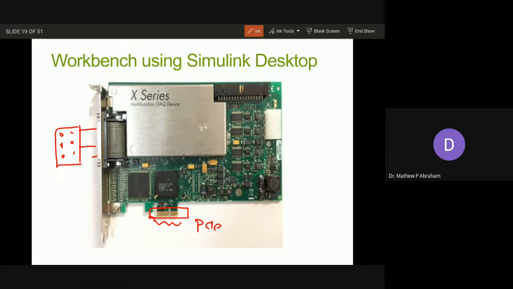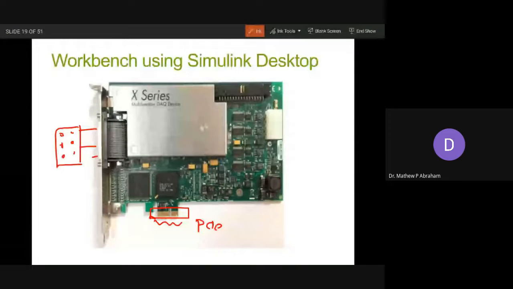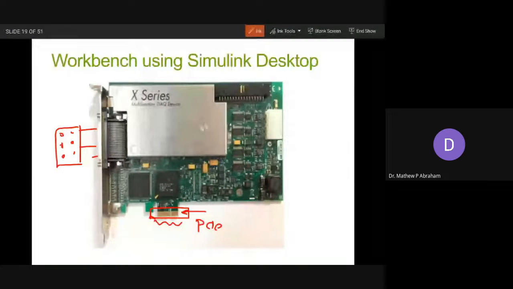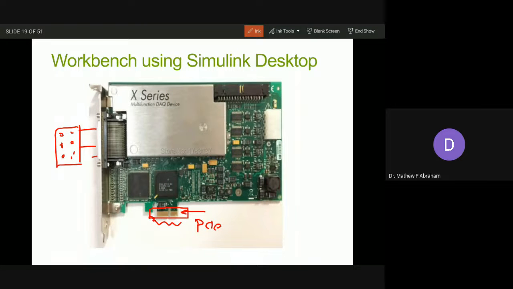So the PCI Express board is a board inside the PC, which has our data bus available directly to the board. So all the measurements will be directly available to the data bus of the PC. And after doing all the calculations, the firing pulses, zeros and ones, will be made available to the digital points through this data bus, so that the digital output can be directly taken out from the termination board.